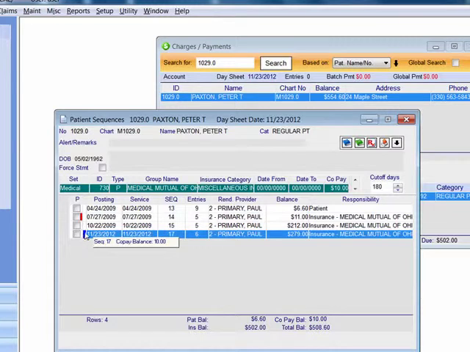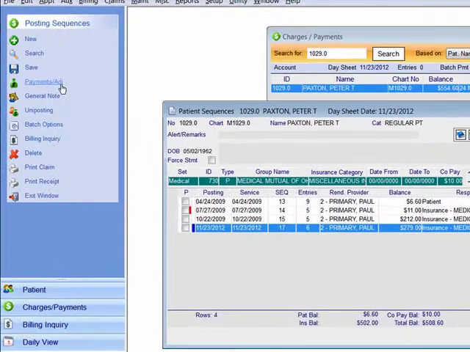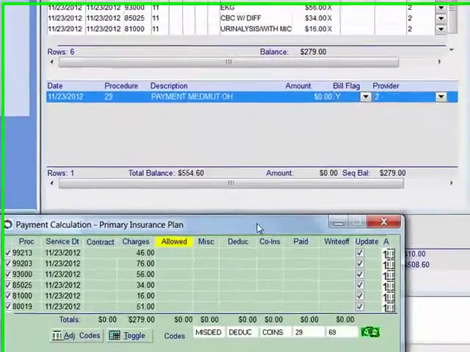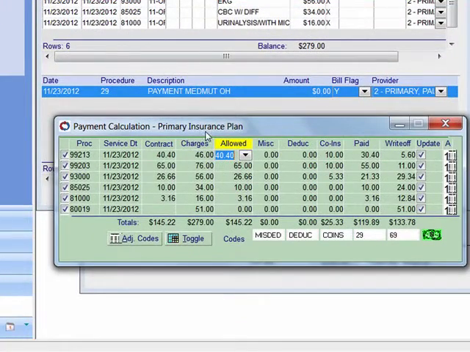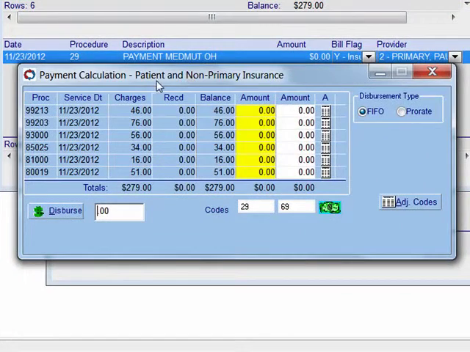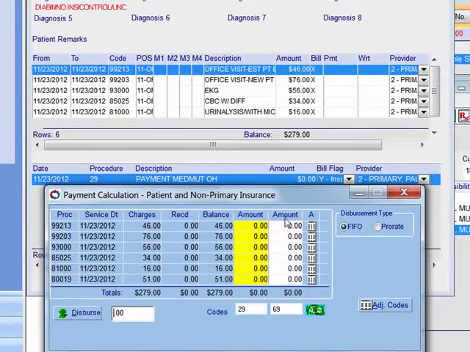You'll remember from our patient payment posting, I can highlight the sequence and hit my payment link over to the left, or my Control R allows me to go in to post a payment. It's automatically bringing me into the primary insurance plan payment window because it's pending insurance currently. But I'm going to hit my toggle button because I know that I'm only supposed to post primary insurance in that green window. My patient payments must always be in the blue payment calculation window. And let's go ahead and say